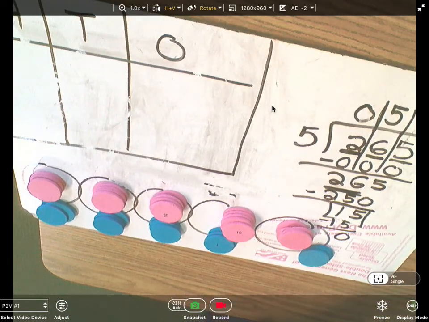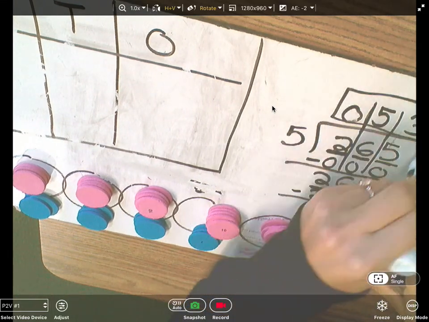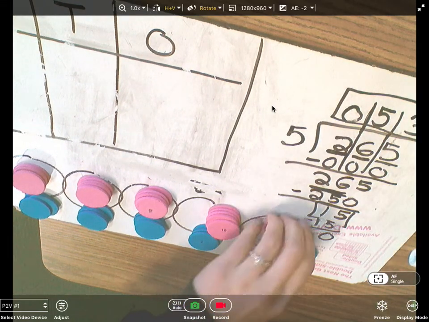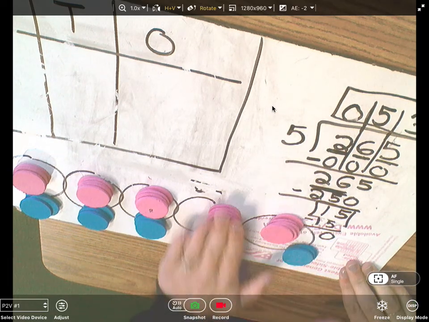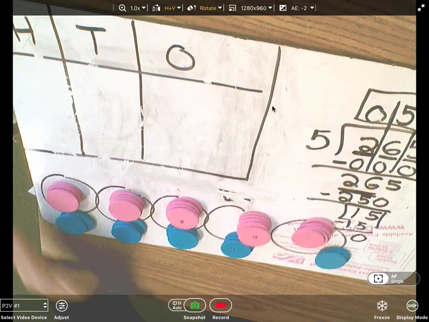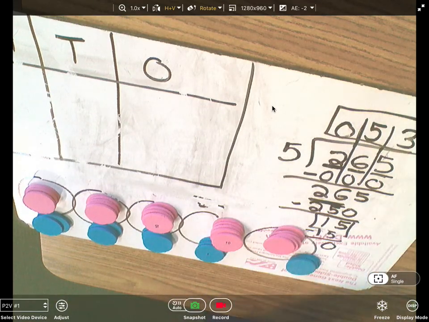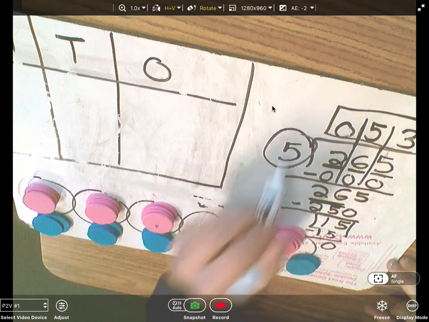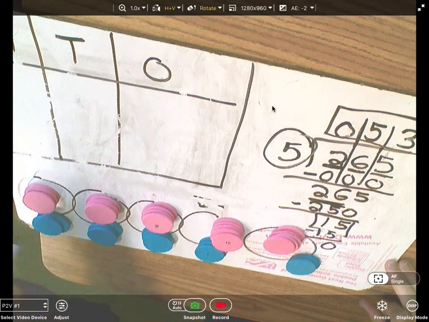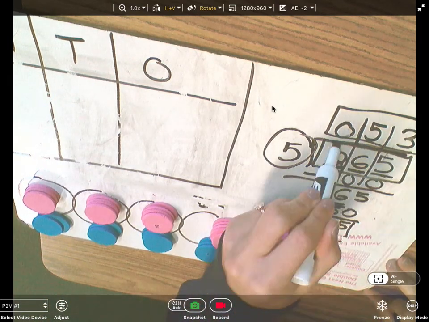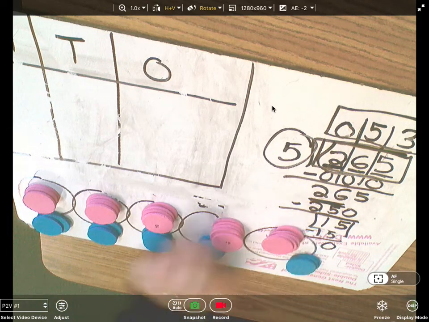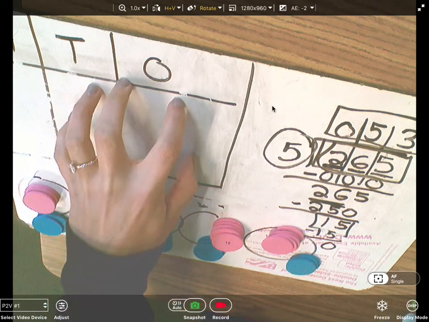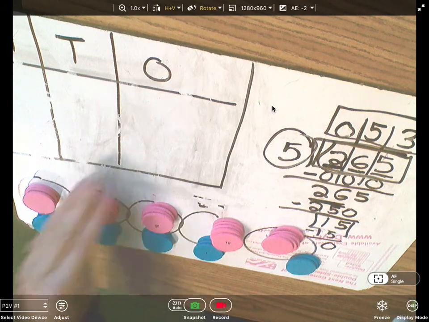And my answer is right here. I've given every group 53, and I can check: 10, 20, 30, 40, 50, 1, 2, 3, 53, 53, 53, 53, 53. So look, my quotient, my answer, is 53. I still have my 5 groups, 1, 2, 3, 4, 5, and I still have 265. If I counted all this up together, there's still 265 right here. It's just that instead of it being in one giant group up here, I now divided it into 5 equal